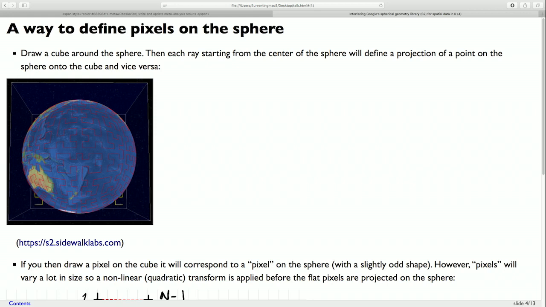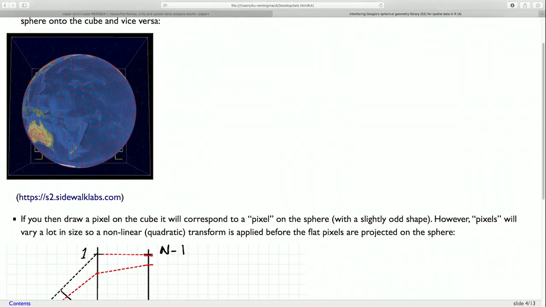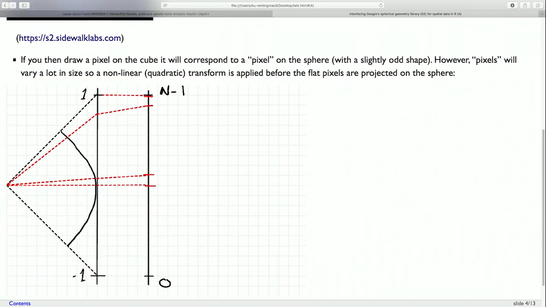You'll have some slightly odd-shaped pixels, but they'll also vary very much in size close to the diagonals of the box compared to close to the equator. So one way to get around this is to do a little transform before you do this. So if you have here, now we do a sketch in 3D, because this is my hand drawing and I don't do 3D. So we have pixels here that we just divide the line into small segments, and then we could project it directly back to the sphere. That would give us this very big area distortion. So the simple idea was to just make an intermediate step where you transform